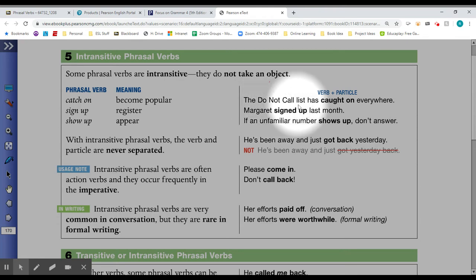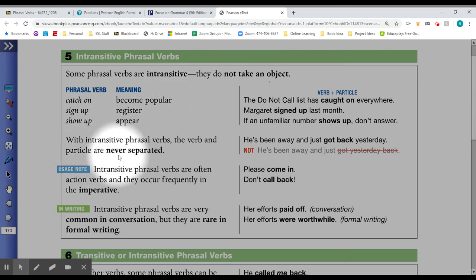The do not call list has caught on, has become popular everywhere. Margaret signed up last month. We don't have to say signed up for something. If an unfamiliar number shows up, don't answer. Again, these are intransitive verbs. They do not take an object.